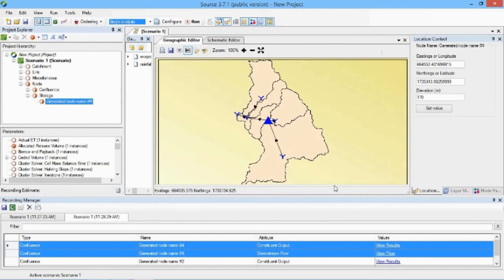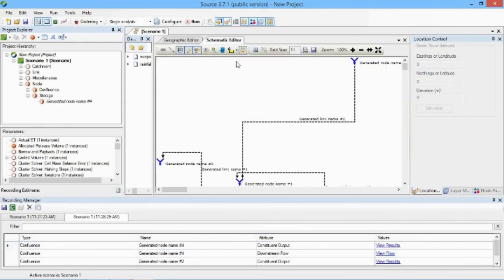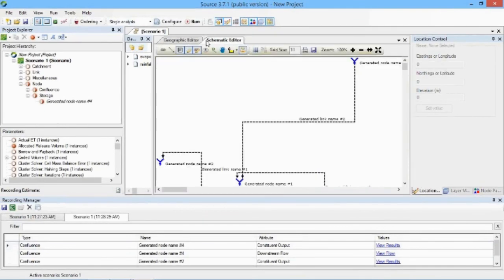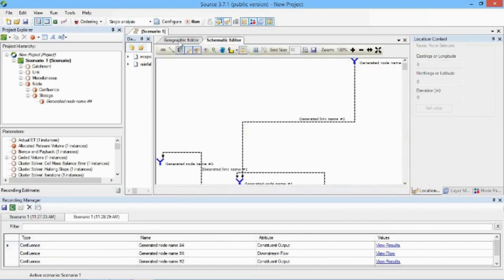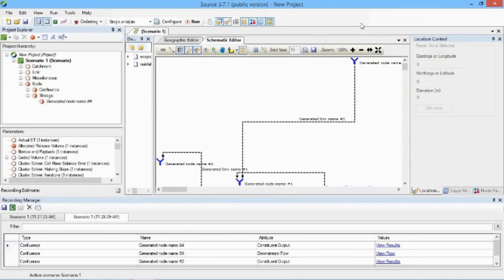Next question: is it possible to create or edit catchments through the schematic scenario? Currently, no, it's not possible. The schematic scenario does not access the catchments, but you can click between a schematic and a geographic view of my catchments model. So while I can't edit the catchments through the schematic scenario, I can